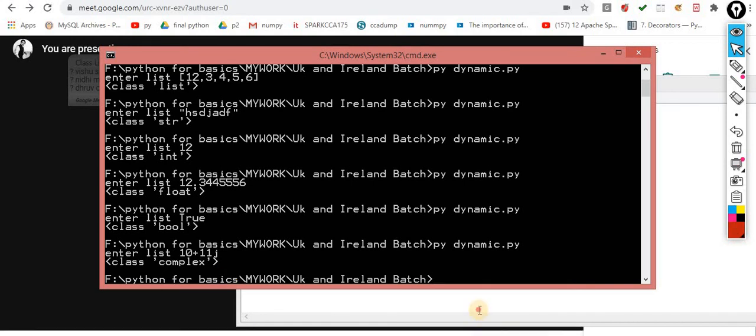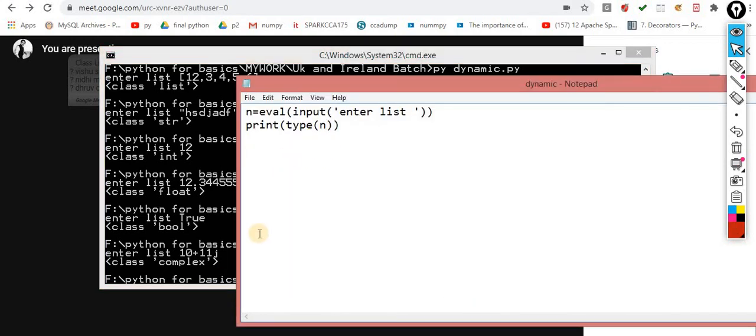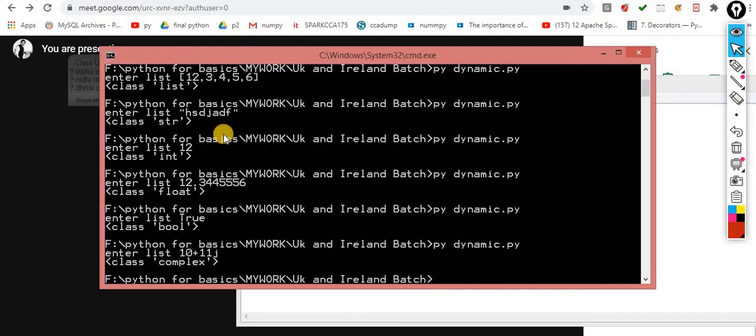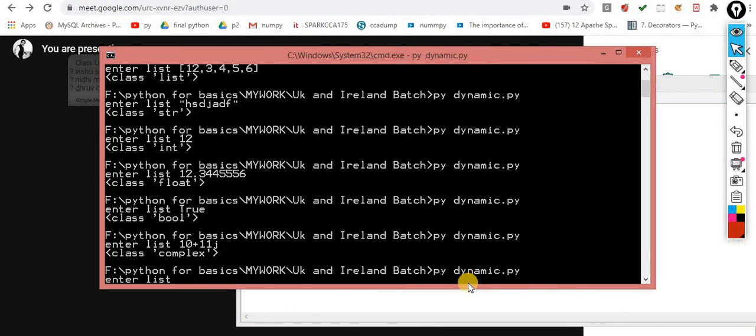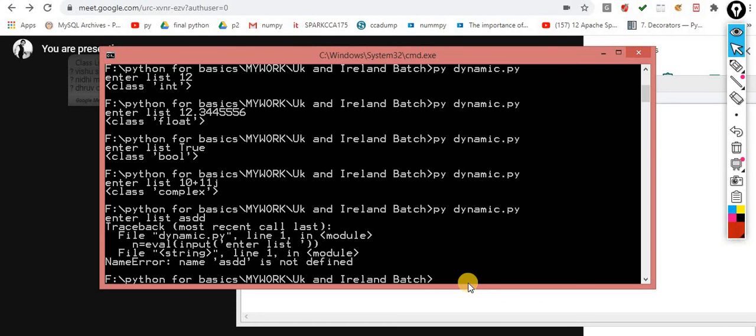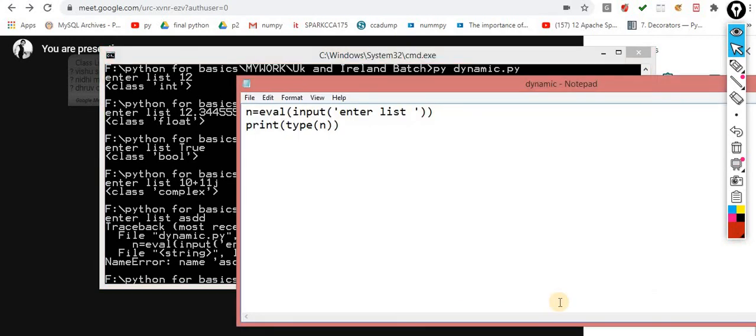You don't need to bother about whatever output is coming, but if you are passing the input, you have to take care of the syntax. The syntax should be exactly the same as what we use, otherwise you will get an error message. For example, if I pass a string without quotes, it will give you the error message because this is eval. One way is that you can use eval with a for loop, asking the value from the for loop, and then proceed. Anything else?